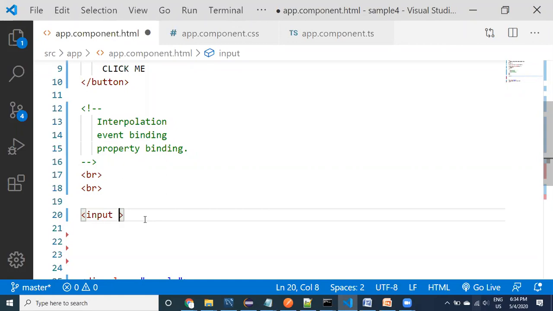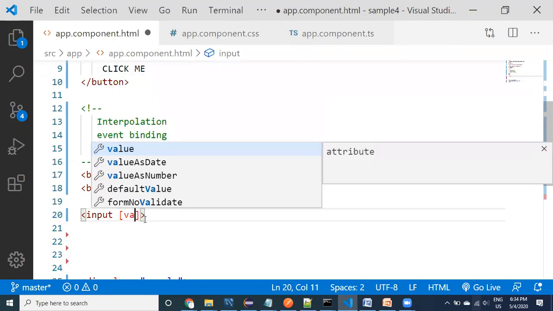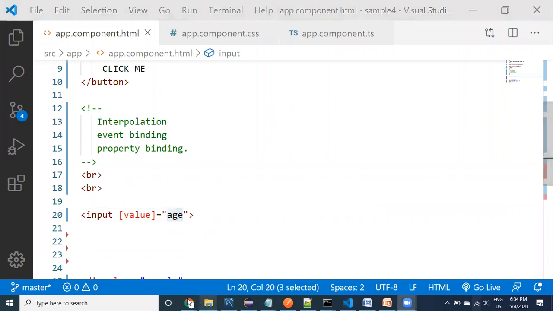So value, this is going to be something like value. What is the property name? Age property. So what is that meaning? Age is the property available in the component, and we are assigning the property. We are binding the age property.